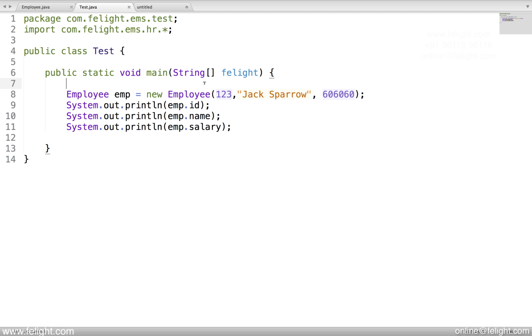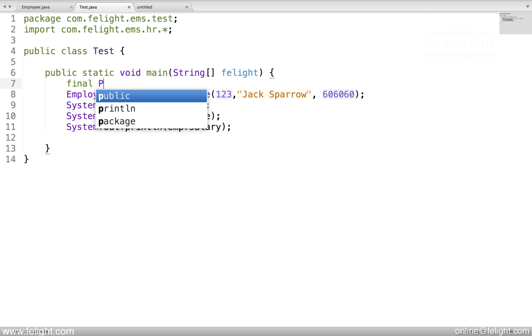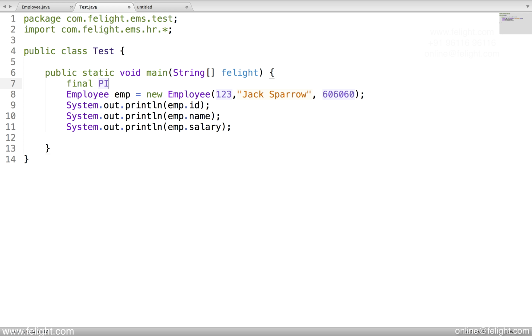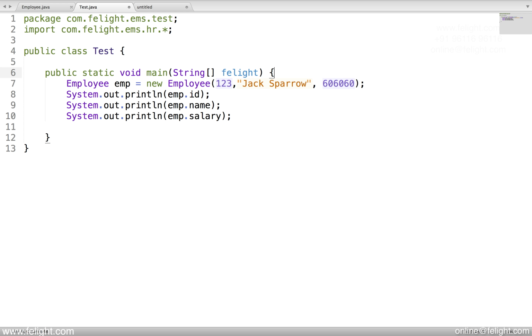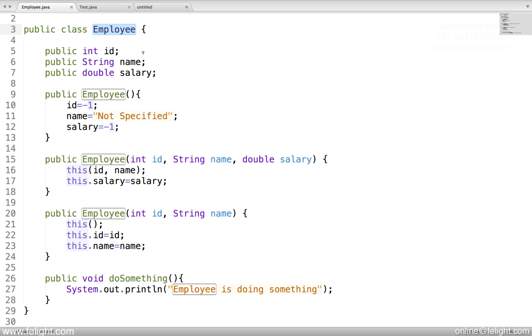The next one is to name constants. If you have any final variables, you will use all caps. If it contains two words, then you'll separate them using an underscore. And what other things do you need to follow? When you are naming a class, it should indicate a noun. And when you are naming an interface, it should indicate an adjective like Doable, Runnable, Jumpable. We'll see to that when we start with the inheritance chapter.